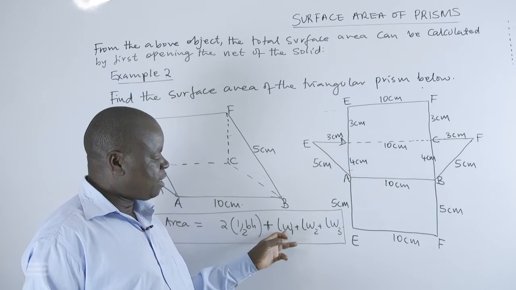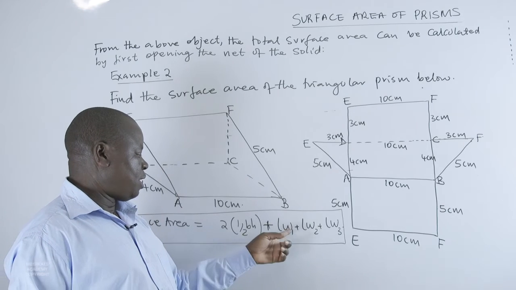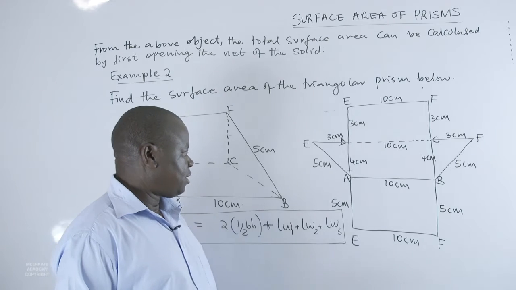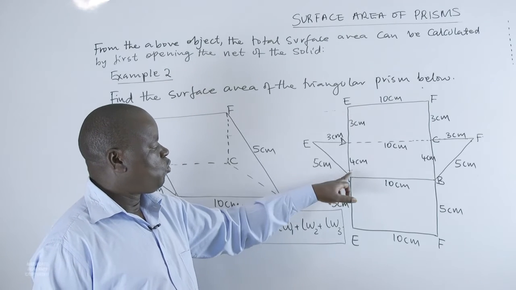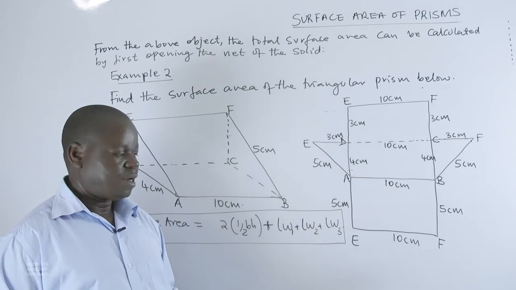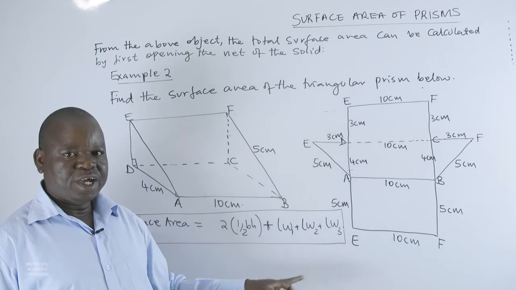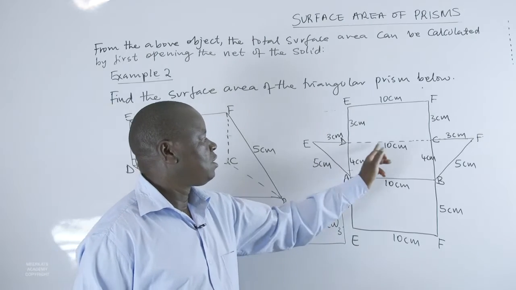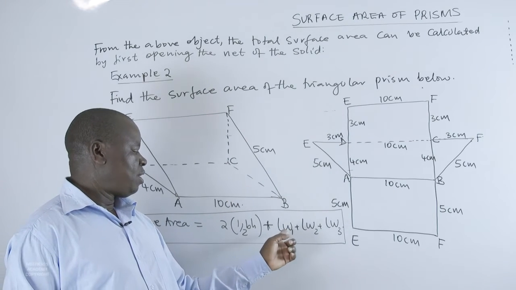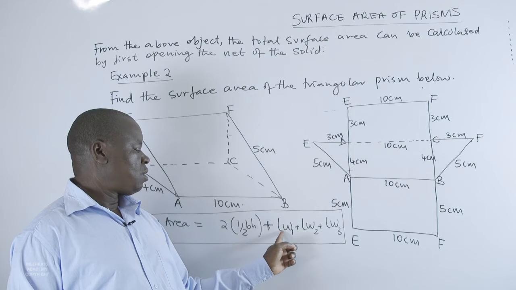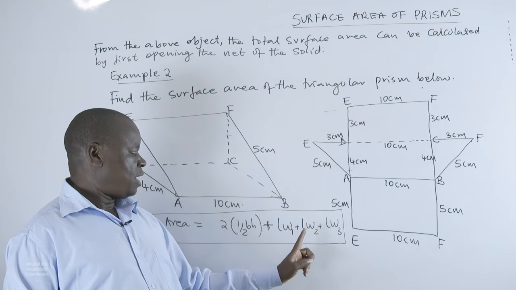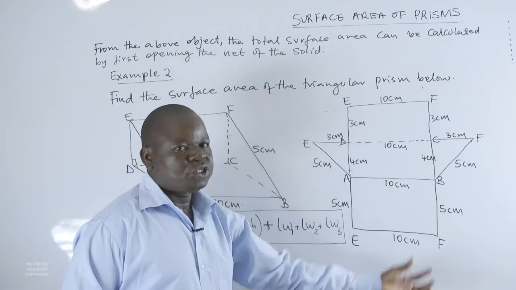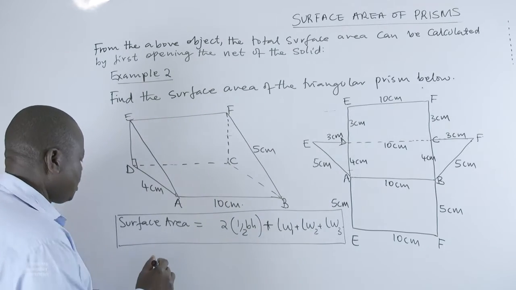We have the first plane in this particular prism with the width of 5 centimeters. Length is 10 centimeters. Then we have the second plane which has width of 4 centimeters, but length is 10 centimeters. Then we have the third plane with width 3 centimeters, but the length is 10 centimeters. That's why we are having LW1 plus LW2 plus LW3. So when we substitute for those numerical values, we obtain